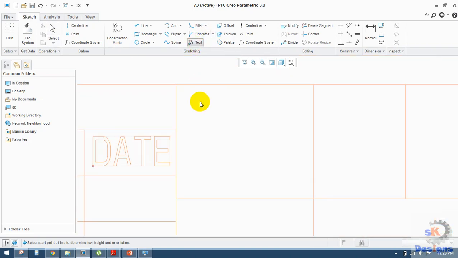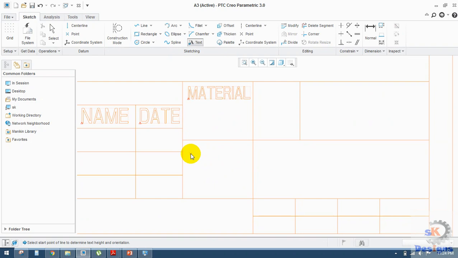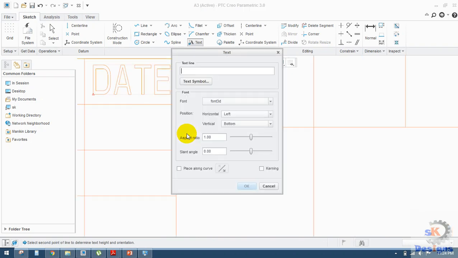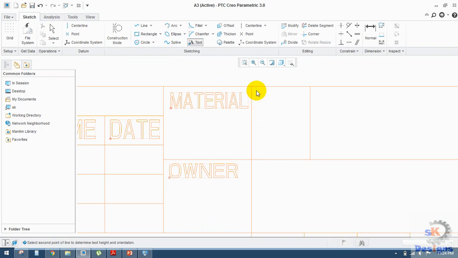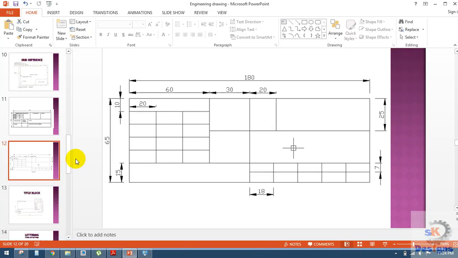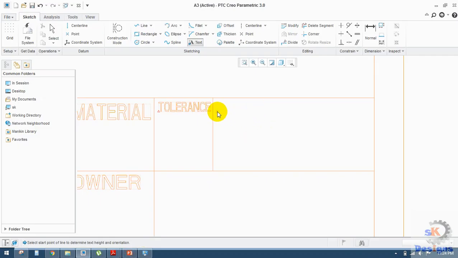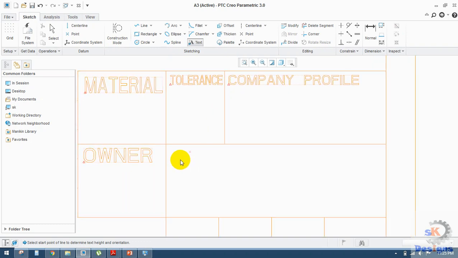Then the next thing is the material. What should be the material of the component? Yes, I will specify the material. Then here is the tolerance value, or else we can specify the legal owner here. Then here we are going to leave the tolerance value. Then the next thing is the finish, meaning your finishing tolerance. Or here you can also specify the company name or company profile. So I'm just entering a company profile. Here your title,